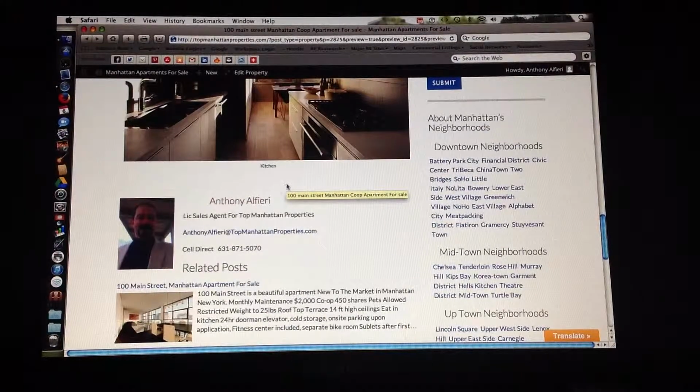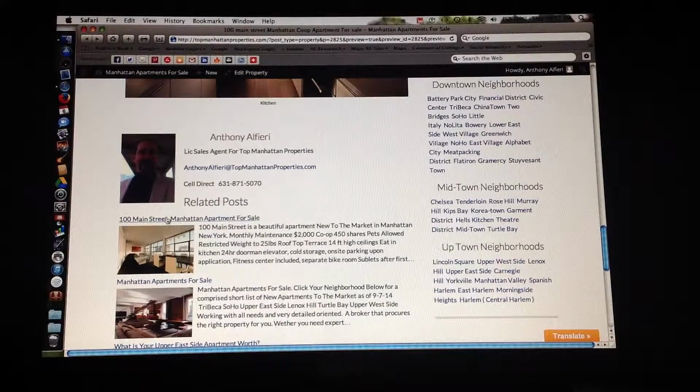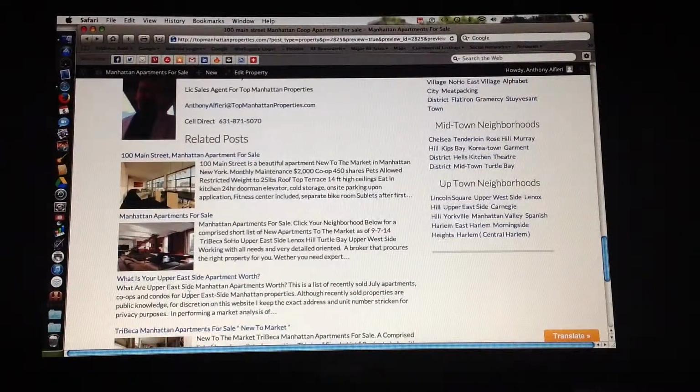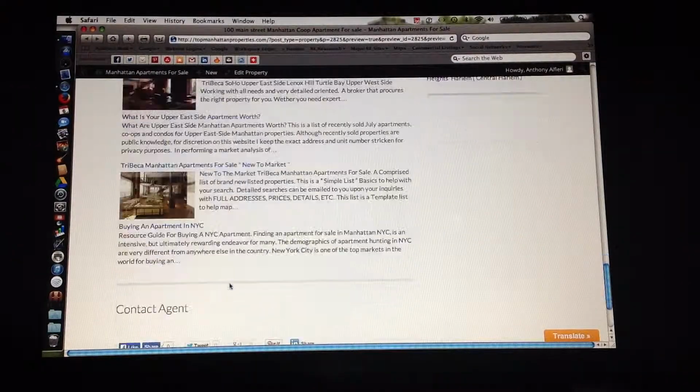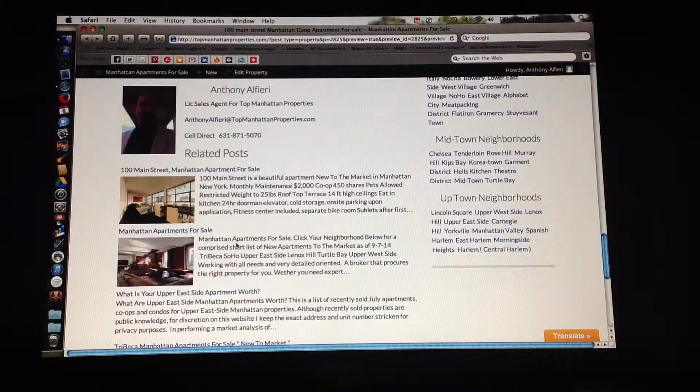Okay, so you see how after the whole bottom of the listing we have all these other listings that are popping up. These are actually neighborhood posts. People can click on them and learn about different apartments for sale, learn about a neighborhood. If you don't want this to populate underneath your listings, and if you don't want your listing to populate underneath